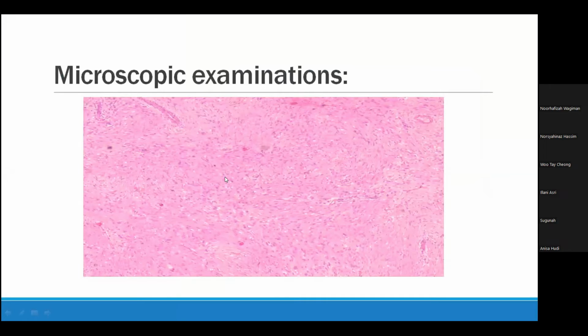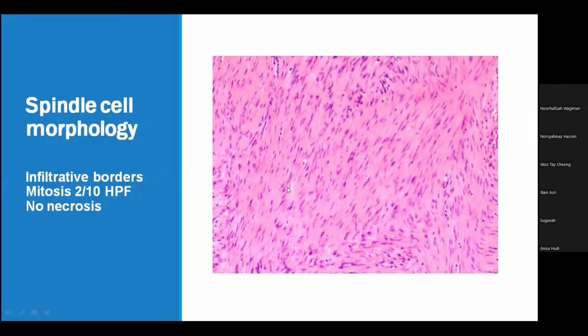Okay, so this is on low power. What you have to know is this is a spindle cell lesion. Okay, spindle cell lesion but looks bland at this power. And then on higher magnification, though it is still low power, there are infiltrative borders